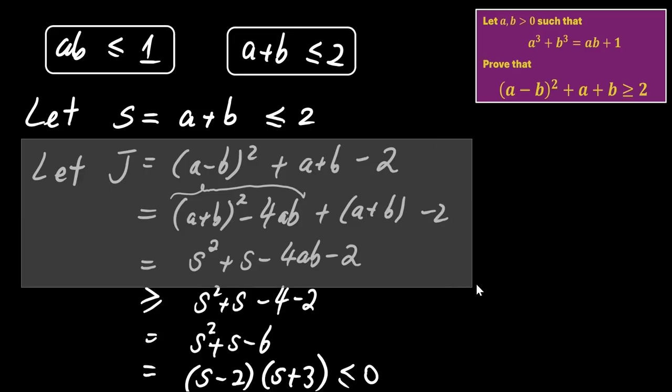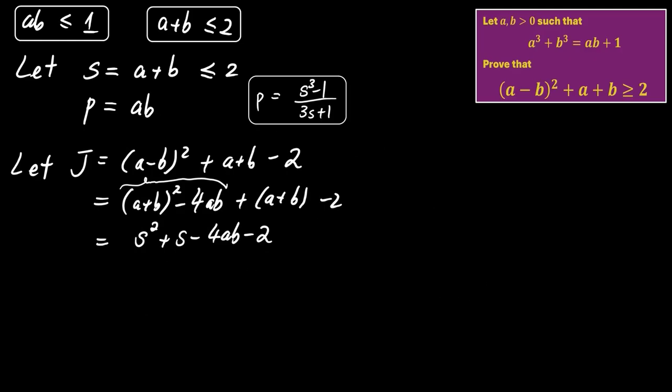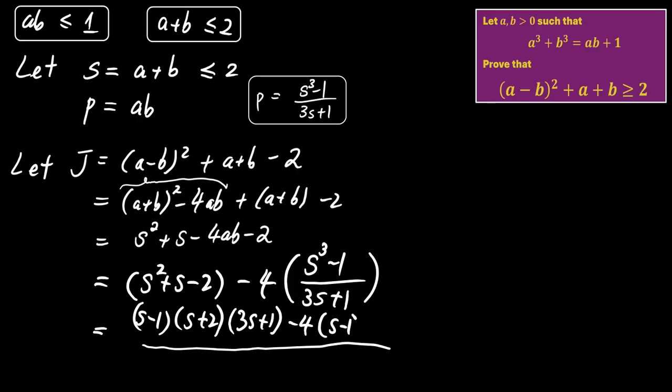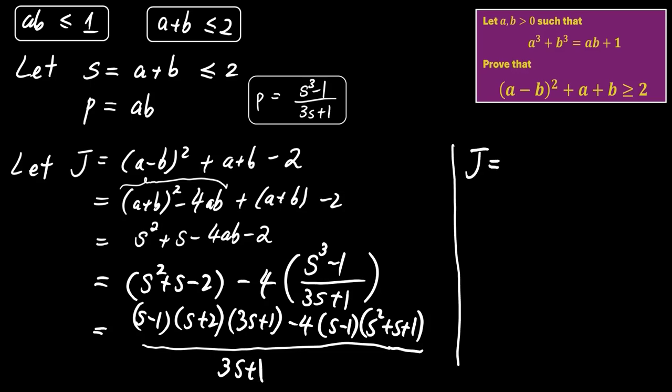So we still can use the previous result up to here. And ab equals p. So we have s squared plus s minus 2 minus 4ab. ab equals p, and it is (s cubed minus 1) over (3s plus 1). So we know that this is (s minus 1)(s plus 2). And when you combine this, this is (3s plus 1) minus 4, and this is (s minus 1)(s squared plus s plus 1) over (3s plus 1). So J now equals